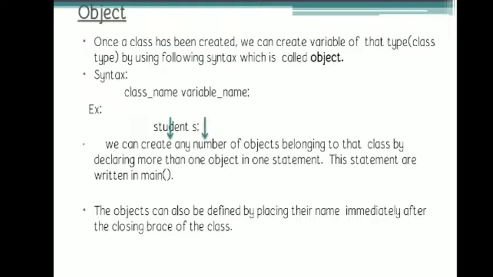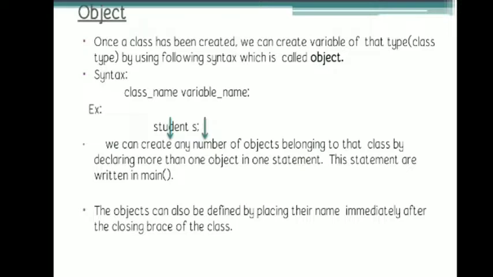Next is what an object is. An object is an instance of the class. So the variables that we define belonging to the class are called objects.